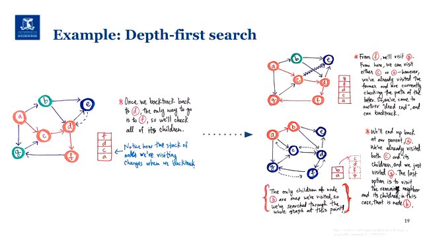So E has been visited. The next one to be visited is G, which will be removed from the stack, F, D, and C. So in order, they will be visited as E, G, F, D, and C. And then we'll end up with just A in the queue. And from A, we still can go to B. So B is added to the queue.